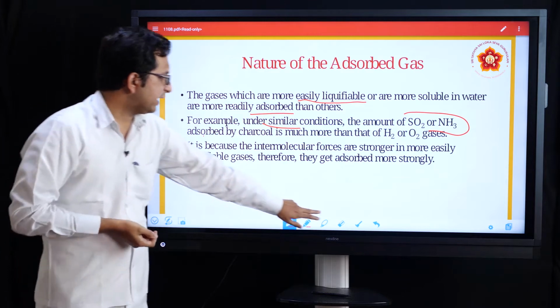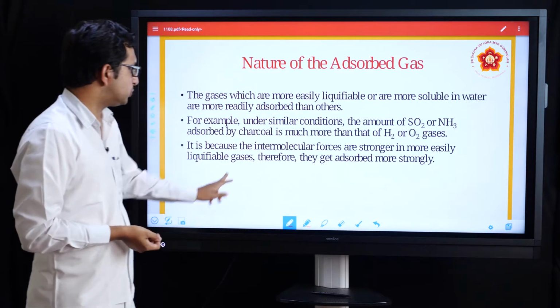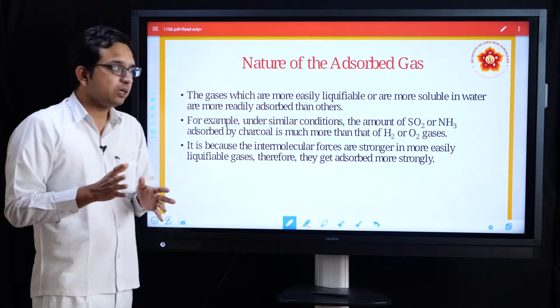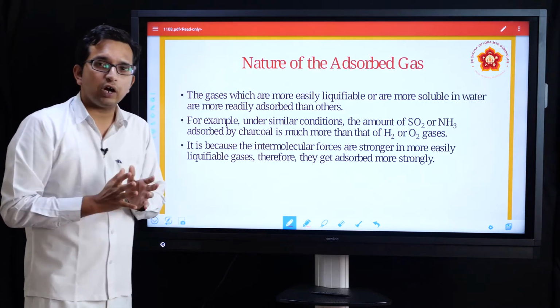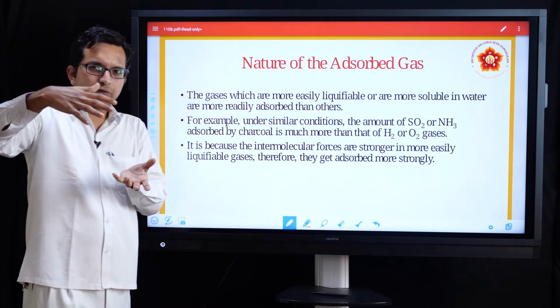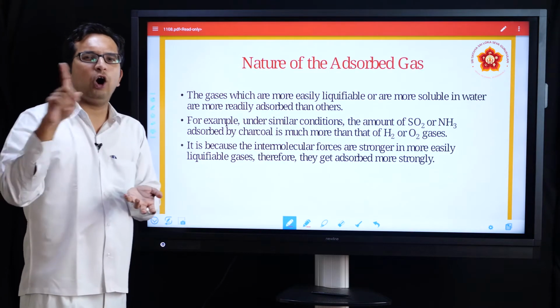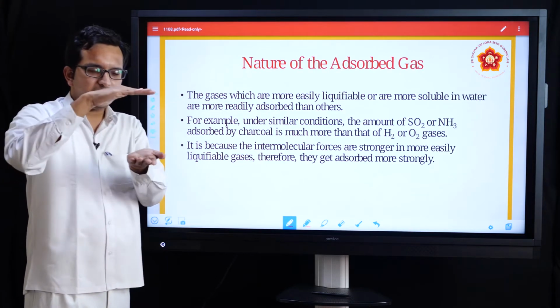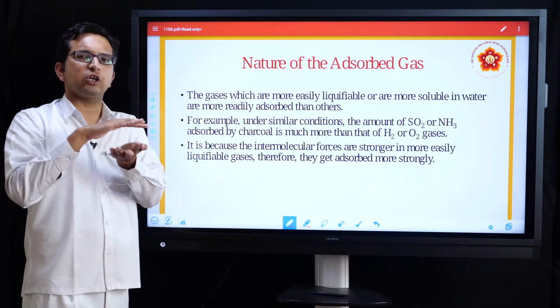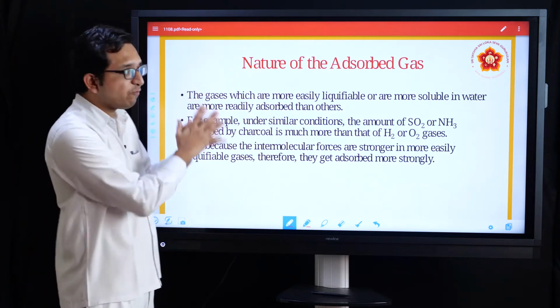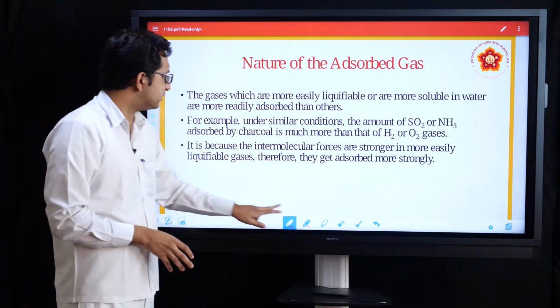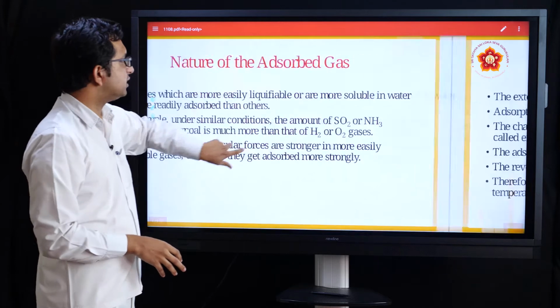Now that reasoning has also been offered here. It is because the intermolecular forces are stronger in more easily liquefiable gases. Why is it stronger? Because liquids will not have molecules moving all around, so naturally their ability to stabilize on a solid surface will definitely be more. So this is the second factor that we come across. Let's see now the third factor,